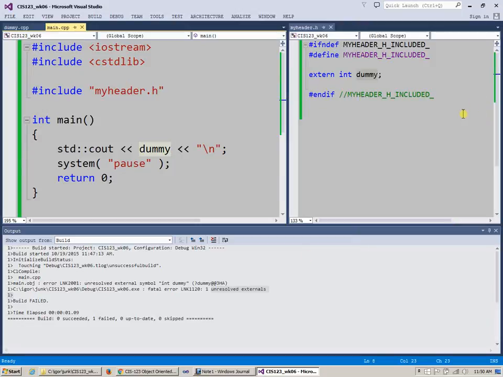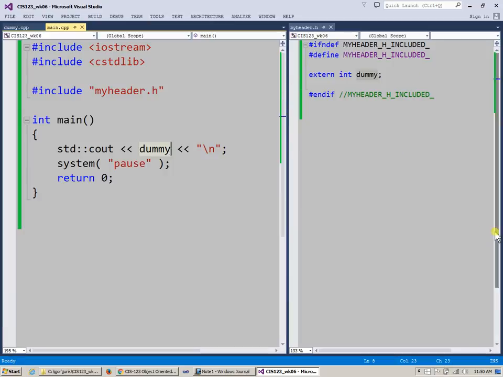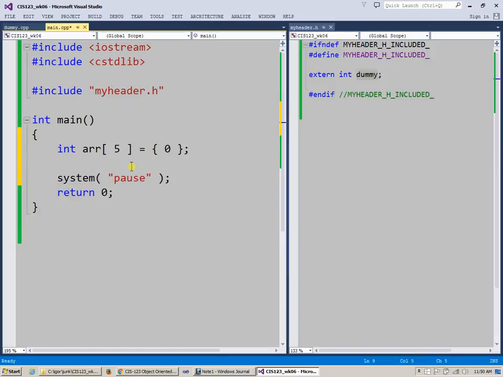So let's write some code which would demonstrate an application of our knowledge. Just to save some space, I will get rid of this dummy use in my main function, and instead I will create an integer array, say of maybe 5 integers, and initialize them all to 0. That's how it would normally look like, right? So ARR is an array of 5